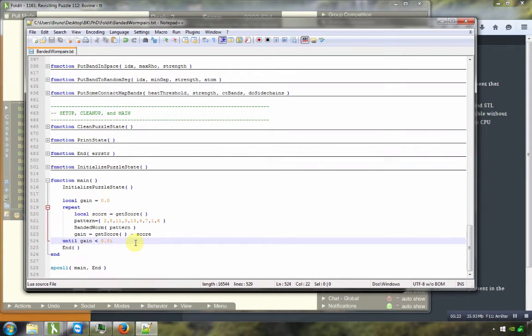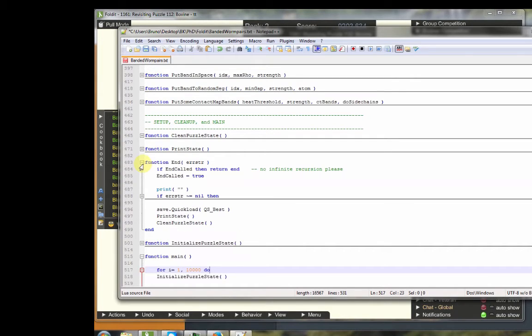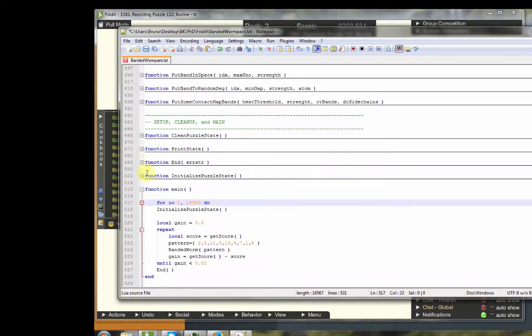So I only type return to make space. I will do it many times, always the same loop. So for e equal 1 to 10,000, for example, do, and then I have to end this for do by end. Any function, any loop must finish with end. I select and I push on tab only to make it clearer to read. So I have a loop, and so the recipe will not stop. It will stop until no gain, but it will start again.